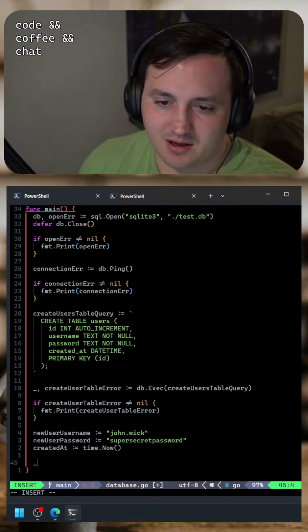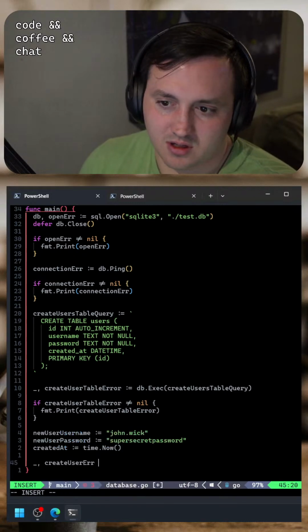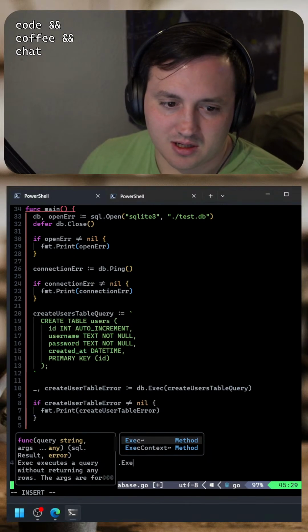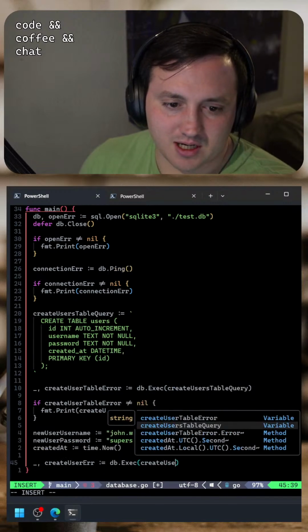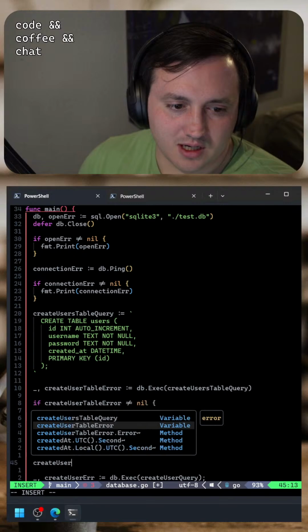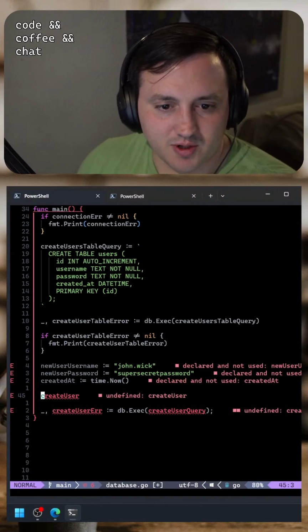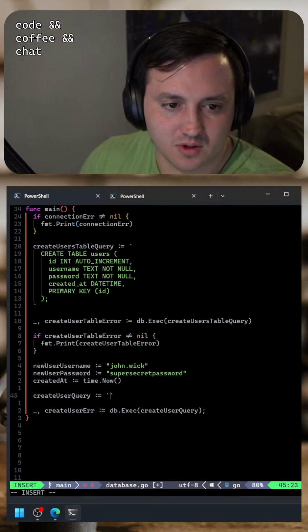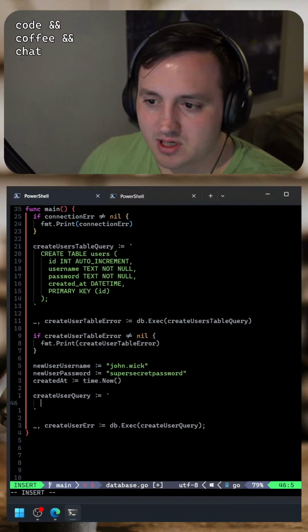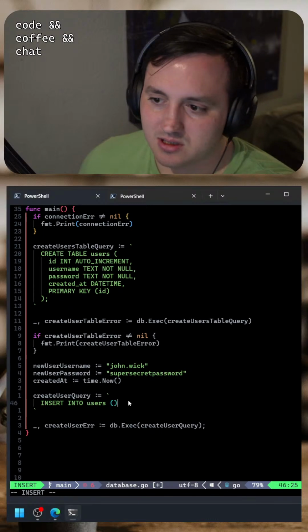And then we're just going to have a create user, and this is just going to be db.Exec, and this is going to be a create user query, and let's define that up here. Create user, excuse me, create user query. And then here we're just back to writing SQL, right? So we're going to say insert into users. And then we need to define our columns. Oh, looks like there's some interpolation that you can do here. So this is, okay, so this is going to be